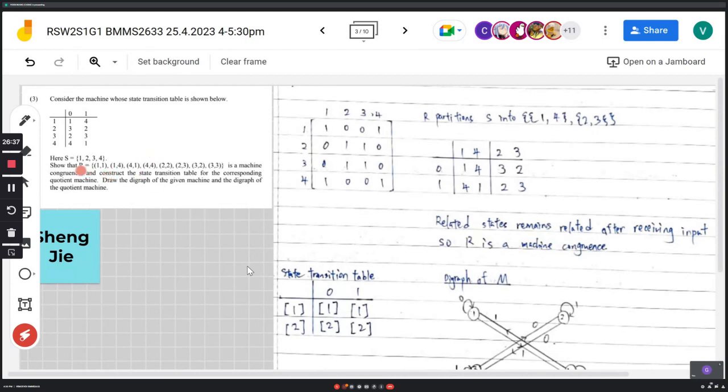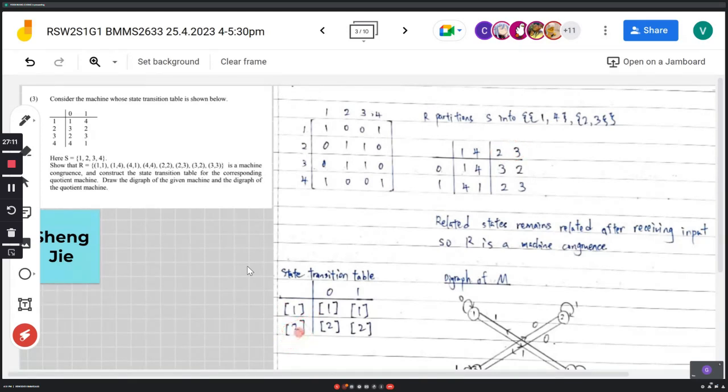And this is the first part. After that, they ask you to construct the state transition table for the corresponding quotient machine. So here you already have a table, but this is not the quotient machine. Quotient machine is the one that you already divide into classes. That means this one I will put as one class, this one I will put as one class. So I will write 1, 4 with one class only, class 1. I will write 2, 3 with one class only,